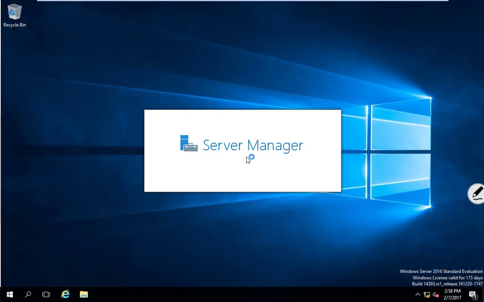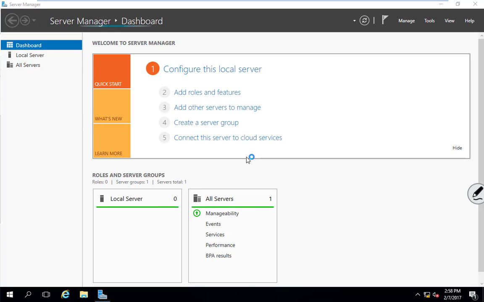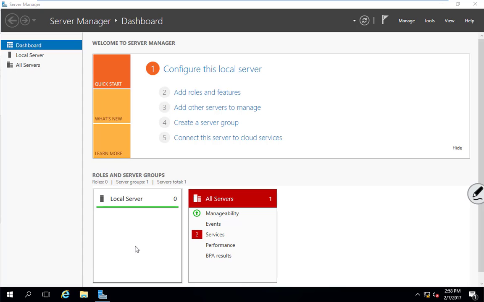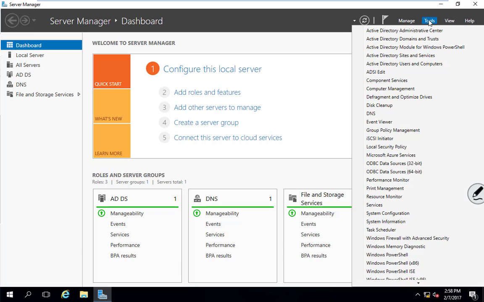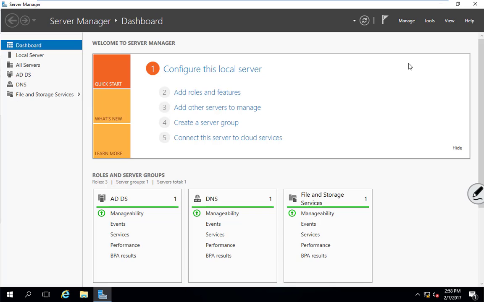And when you come up, Server Manager will launch again. But what you'll notice is that it's going to have additional roles and features down here. One of them should come up with Active Directory. Active Directory Domain Services comes up. In addition to that, now we have more tools available. If you remember from last time, we probably don't, but now we have all these Active Directory administrative tools up here, including DNS and things. This is a little ahead of time. We're going to get to this more next week. But in our Active Directory Users and Computers,